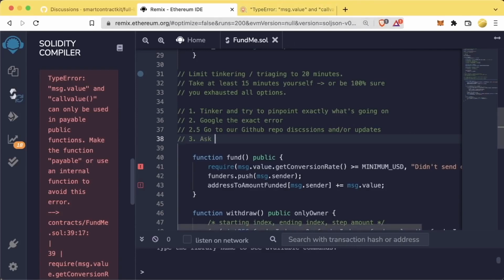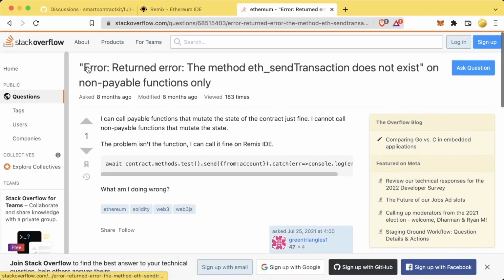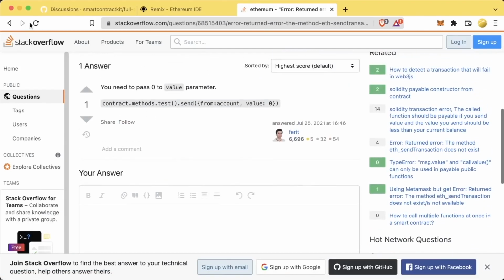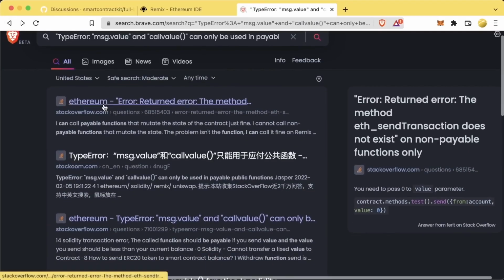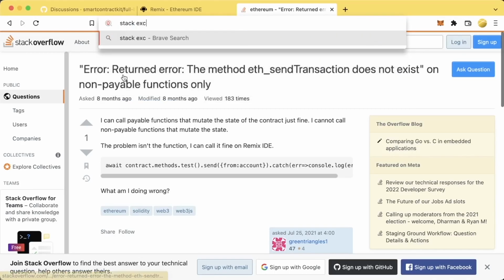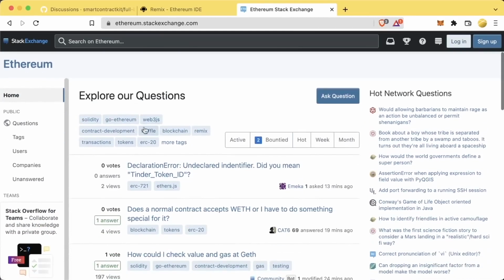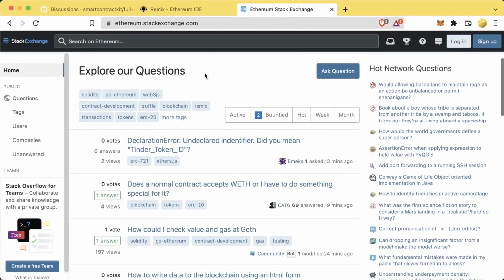So number 3 is going to be to ask a question on a forum like Stack Exchange ETH and Stack Overflow. Stack Overflow is a question and answering tech forum like this, right? You can ask tech questions and then you can answer them as well. And as you can see, when you search for these issues, they'll show up. So Stack Overflow is more for general programming questions, and Stack Exchange Ethereum, or Stack Exchange ETH, the Ethereum Stack Exchange, is for more Ethereum or EVM based questions, and all the Solidity code that we're going to be working with, whether it's Polygon, whether it's Avalanche, whether it's whatever, those questions are going to be valid here